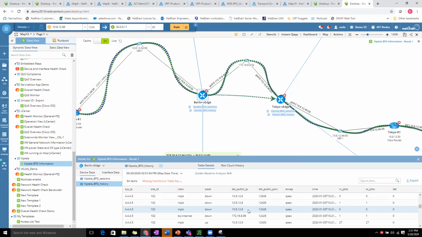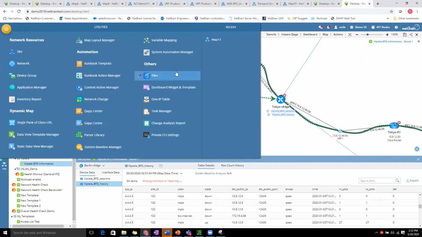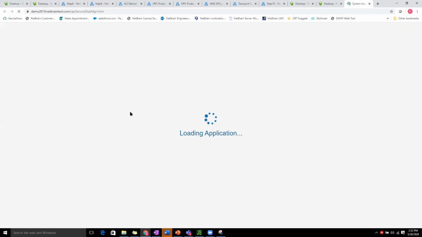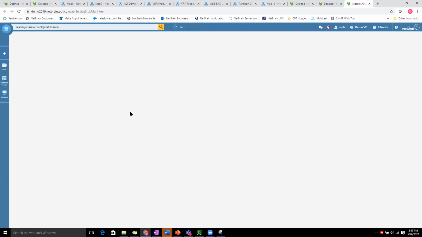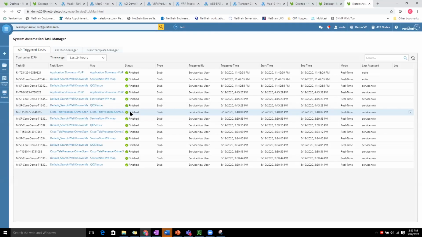Now, all in all, we've shown you how we could visualize your environment, use automation not only to get data out, but also recommend actions to users, as well as create workflows that can be repeatable across the teams. NetBrain also has the ability to give you visibility into what your applications are saying about your network. For example, in this particular case, I could jump in here and you could see the list of APIs that have been issued out with some of the platforms or tools that we currently have within our environment. NetBrain allows us to pull all this